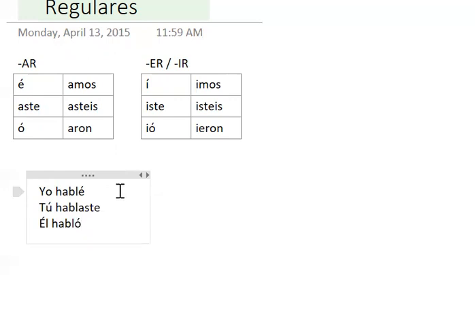So nothing real complicated. The thing that gets tricky is notice we have an accent mark on the yo form and on the él, ella, usted. That third person singular form has an accent mark. It's on the last letter. Not such a big deal here, but when we move on into the ER and IR, we have a double vowel ending. And some people screw that up and put an accent mark on the wrong letter, but it's on the last letter. So let's go ahead and finish this off. I'll just go right below it. Nosotros